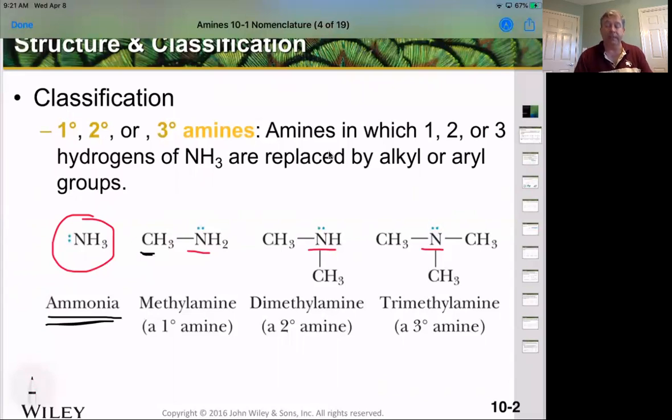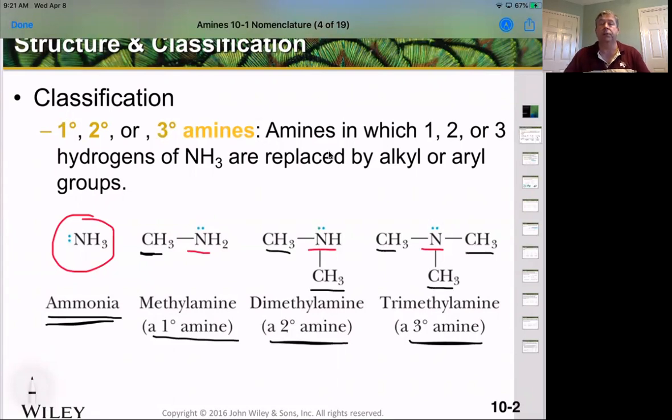Once we attach a single carbon to the system, we end up with what we call a primary amine. If we attach two carbons to that nitrogen, it's a secondary amine. And if we have three carbons attached to the nitrogen, we call it a tertiary amine, okay? They can be alkyl groups or aryl groups. It doesn't matter as long as there's a carbon-nitrogen bond, okay? So again, ammonia is not a primary, secondary, or tertiary because it's not bonded to carbon, but once we bond it to carbon, we classify them as a primary for one, a secondary for two, and a tertiary for three